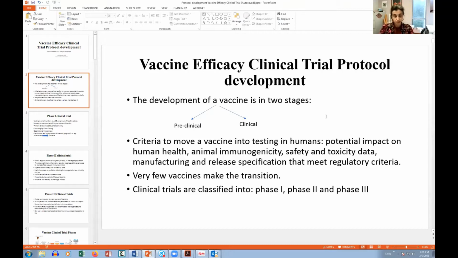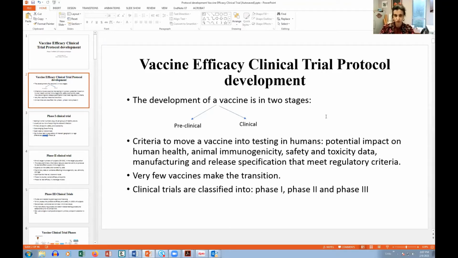The safety and toxicity data in the animal model, animal immunogenicity, and manufacturing and release specifications that can potentially meet regulatory criteria. And that is also another hurdle in vaccine development that probably we don't have time to discuss much here. Once in the human testing phase, the clinical phase, the clinical trials are divided into phase 1, phase 2,